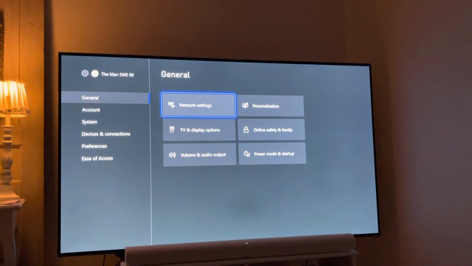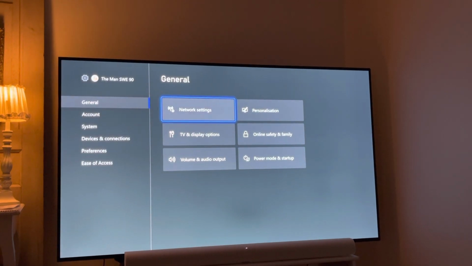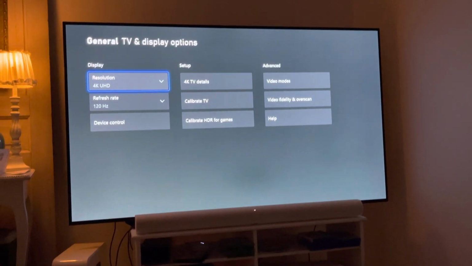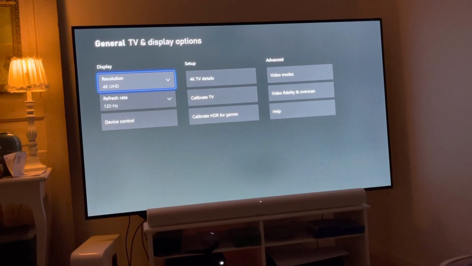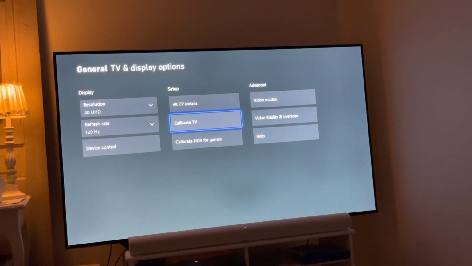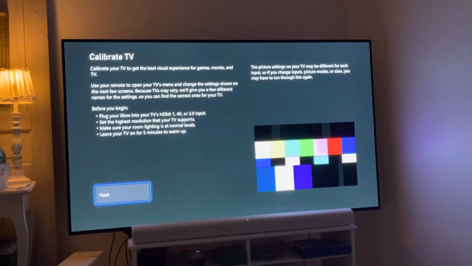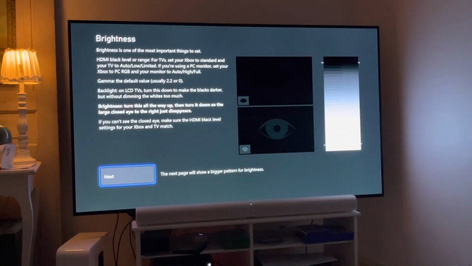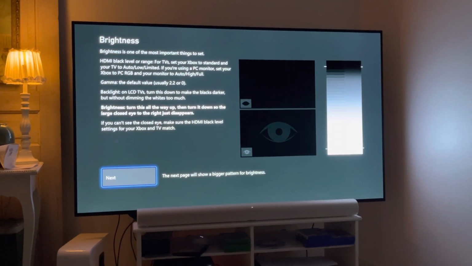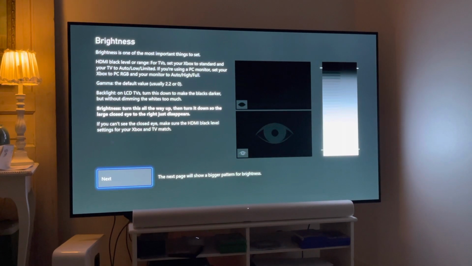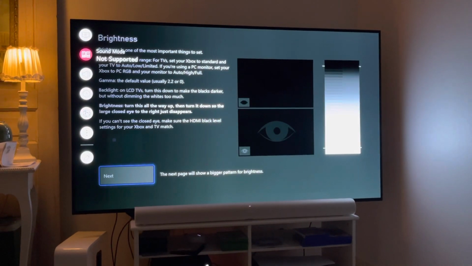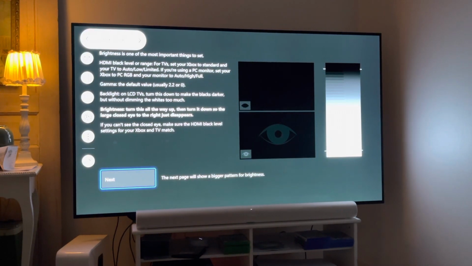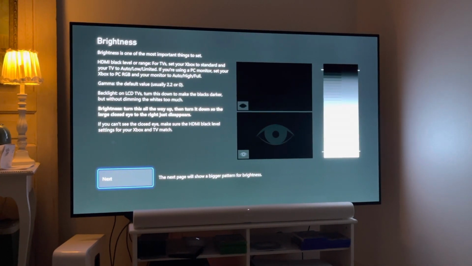So the first thing we need to do is to go to settings on the Xbox and then go to TV display options. And here on calibrate TV, we go to next and next. And I will explain why I'm here, and that's because when we go to the picture mode, or I mean the settings,